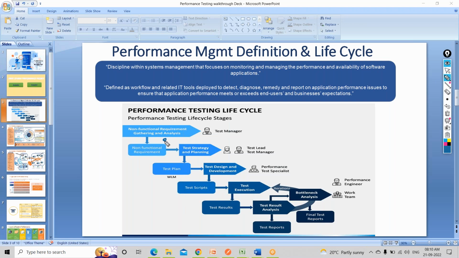Okay, so by the time he has committed that he will be delivering it, he should be able to deliver. Planning and strategy consists of that. But in planning we also consider how we are going to do it. So, further breaking it down, the test plan will give a detailed roadmap. In strategy and planning we get a high-level timeline.